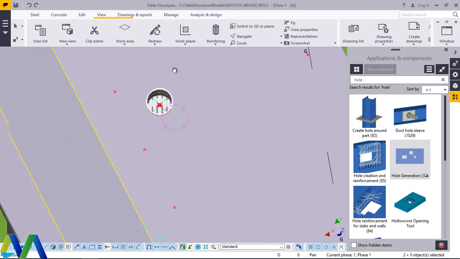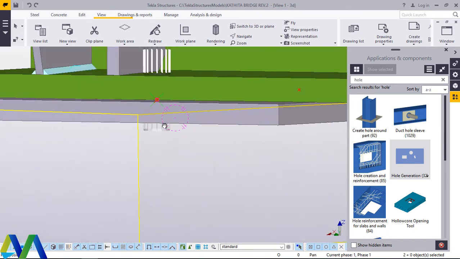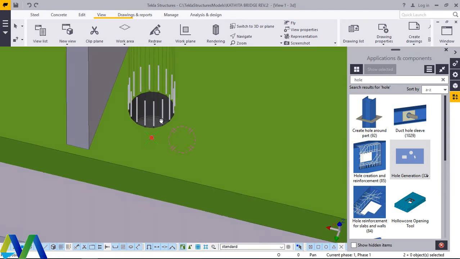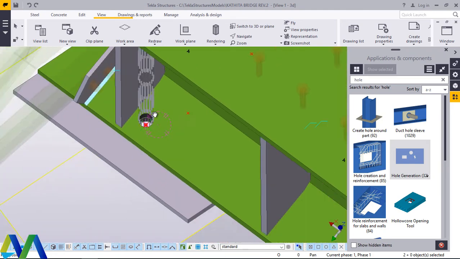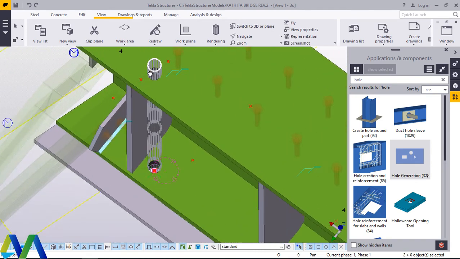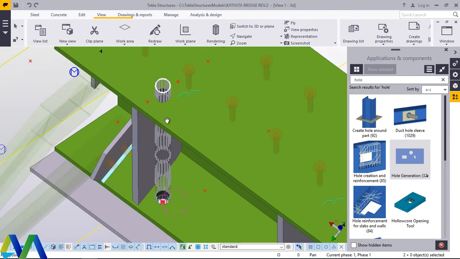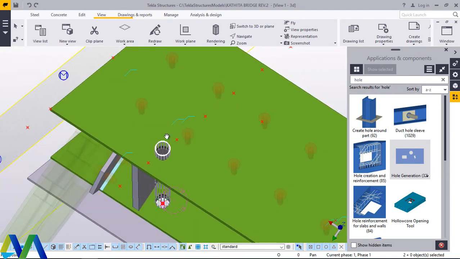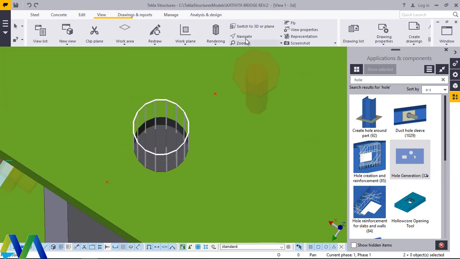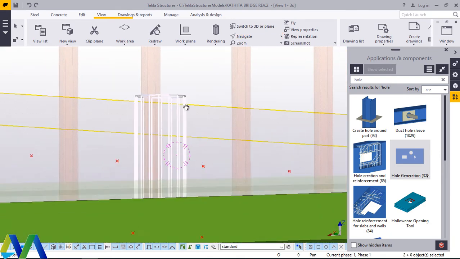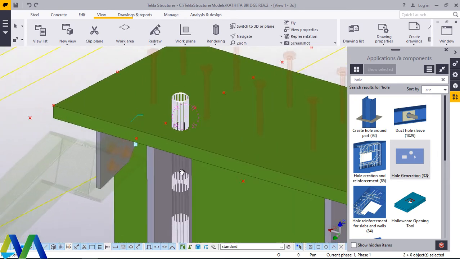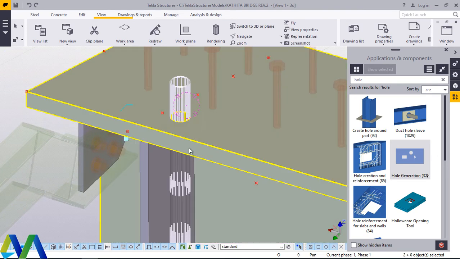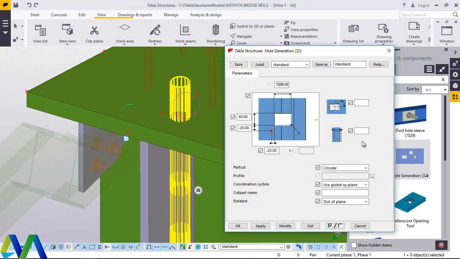Rotate with mouse, turn this round. See, it has moved together with the hole on top of it. Now if you take a look closer, you'll see a hole has been created again on top of the beam, which is not right. Turn this round like this. This is not right, and to rectify this, what you do is just double click on that, then come